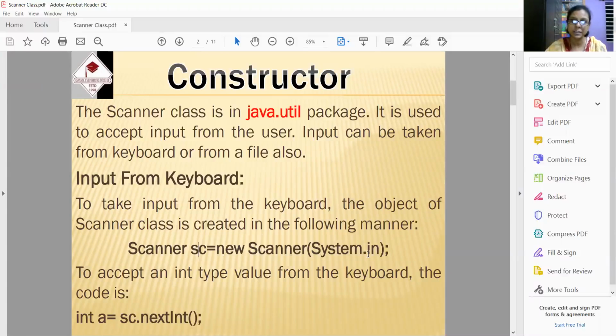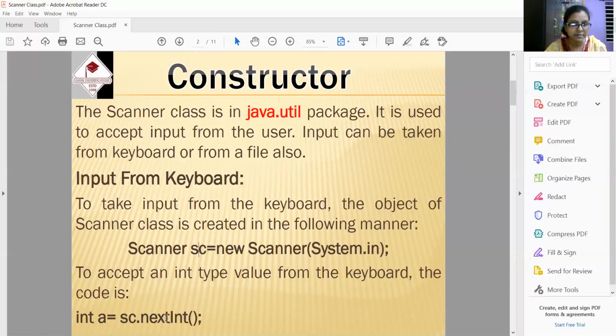Already you are familiar with it, several times you have written System.out.println. So println is a method to print something on a console. That means the console, the output device, is connected via System.out, the out stream. Here also the input stream is connected via System.in. Via this syntax, we will connect to the keyboard. That means what we write will go to the Scanner sc object, and directly it will be stored as an integer type variable if it is used in this fashion.